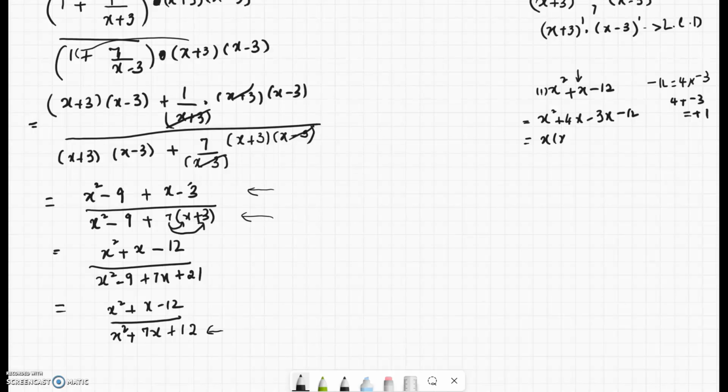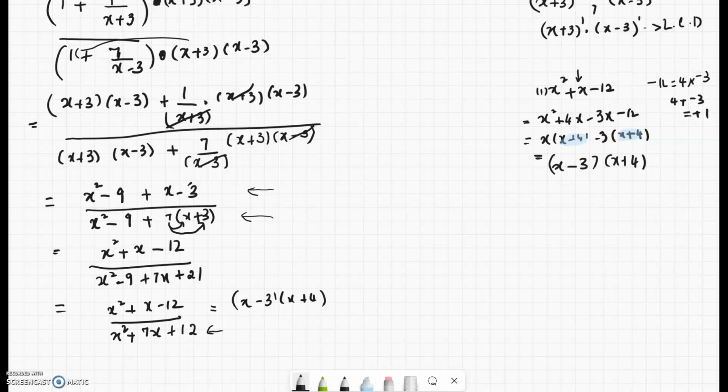Factor the x out and we get x plus 4. Factor the negative 3 out and we get x plus 4. Factor the x plus 4 and we get x minus 3, and this is a minus 3, times the common factor x plus 4. So this is equal to x minus 3 times x plus 4,